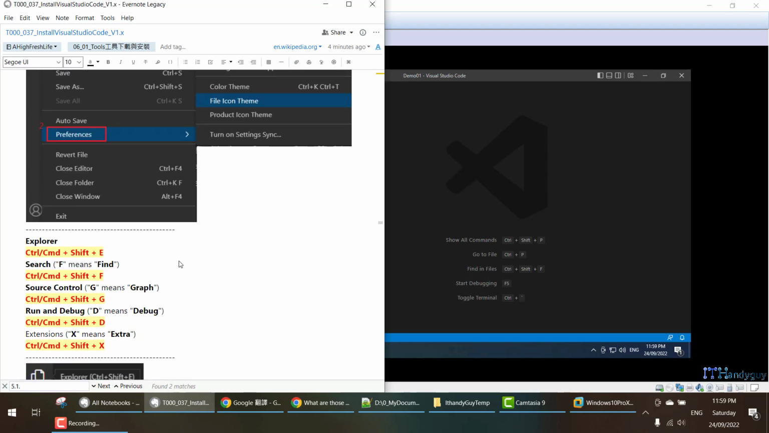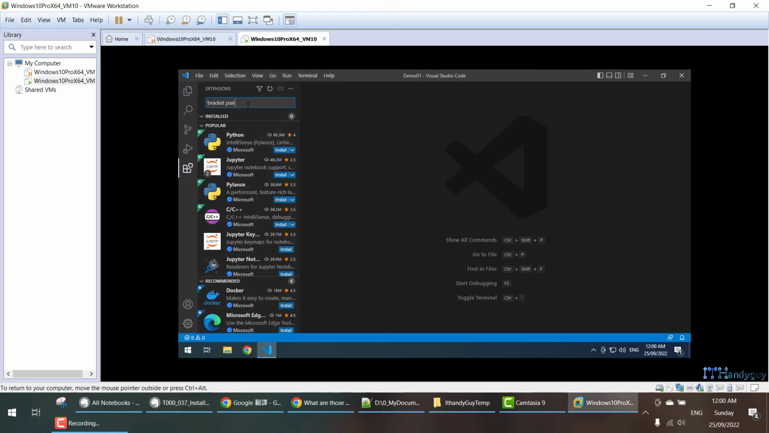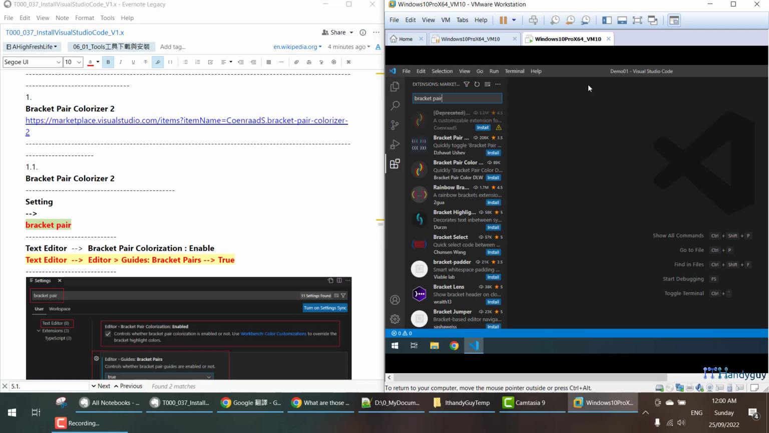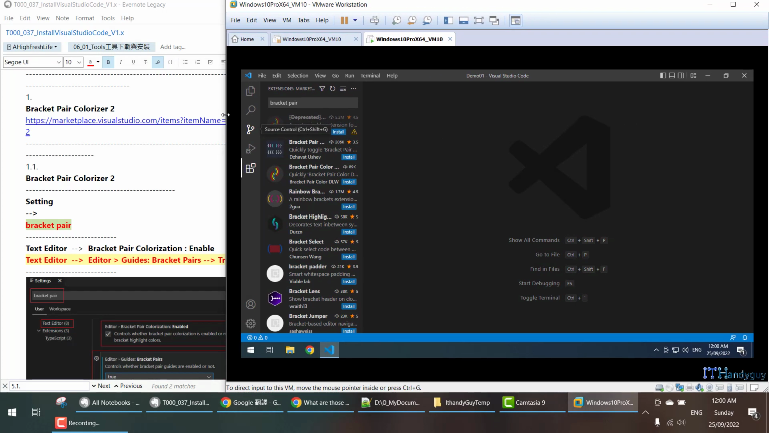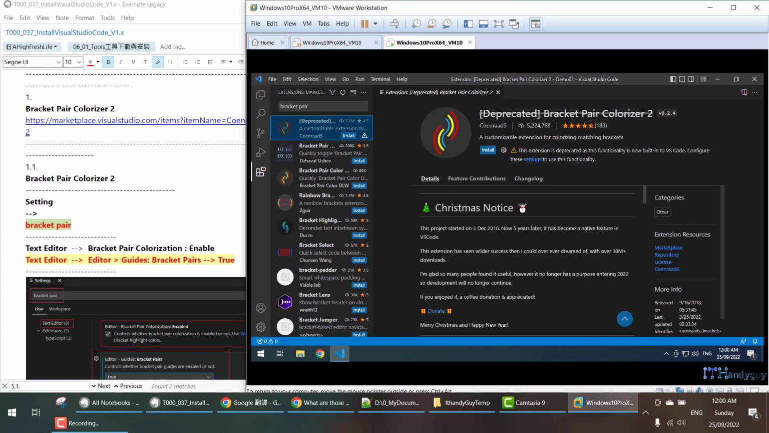Alright, so this is the extension. Okay, the first one I'm going to discuss is the bracket pair. So if you go to the bracket pair, go to here, search the bracket pair. What will happen is it will show you this. This extension is